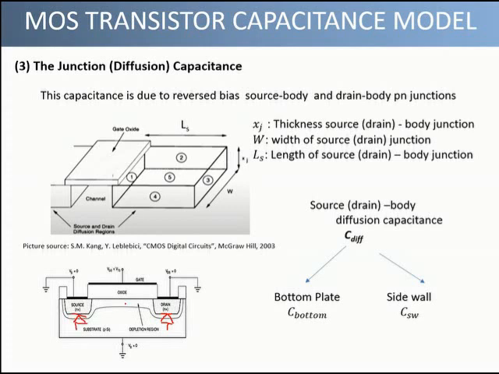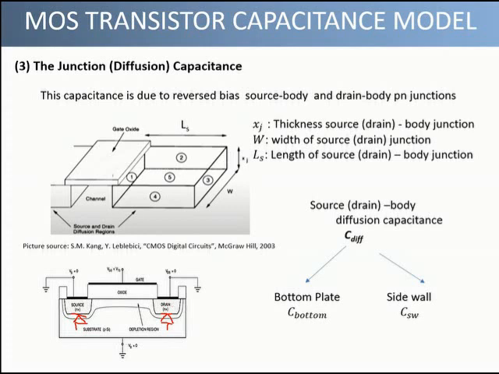Now as we know, for NMOS the body terminal must be at the lowest potential. Moreover, a positive voltage is applied across the drain in order to make the current flow through the channel, and the source is either grounded or connected to the body terminal. So for all practical purposes, the source-body and drain-body p-n junctions must be reverse biased to ensure normal behavior of the transistor. Now as we know from basic diode theory, a p-n junction under reverse bias condition has a depletion region, and the width of this depletion region is directly proportional to the magnitude of the reverse bias voltage.